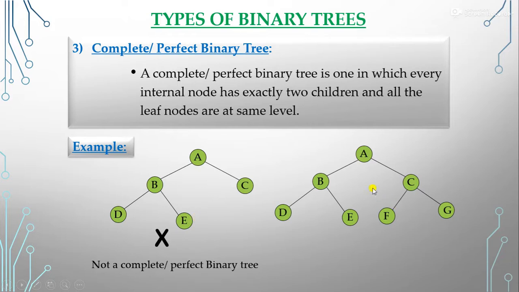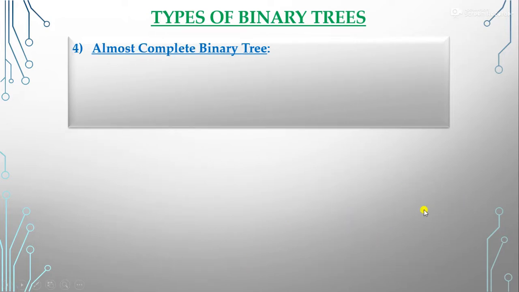If we have this one, this is a complete binary tree. Yes, it is. Why? Because here every internal node has exactly 2 children. A has 2 children, B has 2 children, C has 2 children. And second, the leaf nodes here are D, E, F, G, and we can see that our leaf nodes are at the same level. It means that this is a complete or perfect binary tree. Clear? Next one is